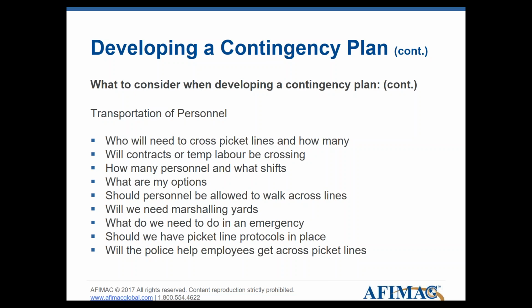But like I said, in some instances it's not possible, so certain training and measures must be put in place to make sure that that's facilitated safely, that there's a security presence there, and that all those picket line crossings are being recorded and documented. What do we need to do in an emergency? You want to make sure that there are plans in place to get medical resources in if there's a medical emergency, fire, ambulance, that sort of thing, so that you can respond efficiently and in a timely manner if there is an incident that needs to be looked after.